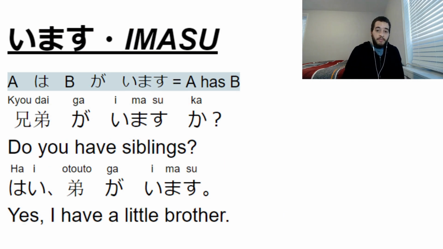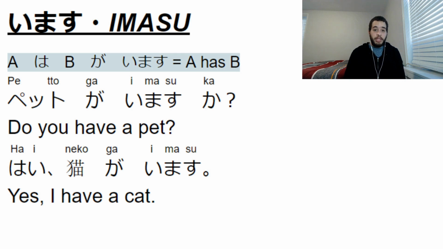All right, now we're getting into the next verb, imasu. And you'll notice that as with desu, imasu, you don't pronounce the u at the end of the word. So the first structure we're going over is A wa B ga imasu, which means A has B. Kyodai ga imasu ka? Kyodai, siblings. Imasu ka? Do you have? So, do you have siblings? はい。弟がいます。Yes, I have a little brother. はい。Yes. 弟 little brother がいます。